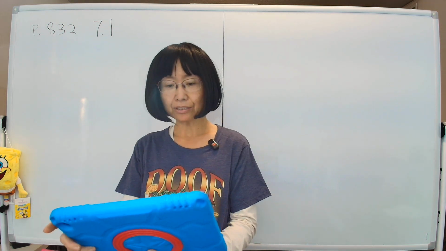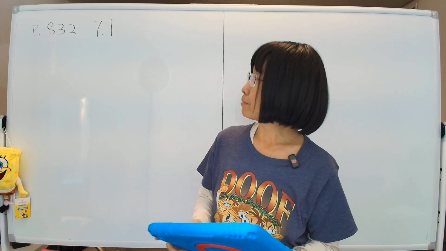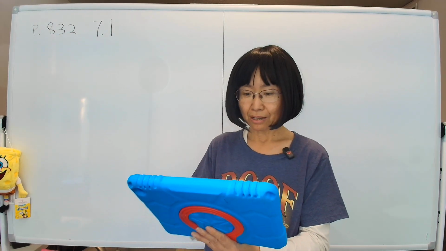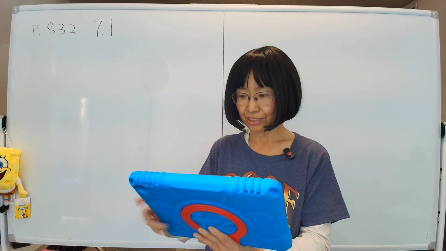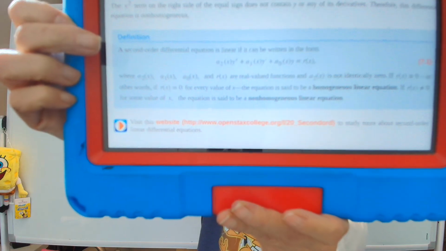Today we are going to do section 7.1 on page 832, the second order differential equation. What that means is, let's look at the definition at the bottom of the page. A second order linear equation is something you start with, you have